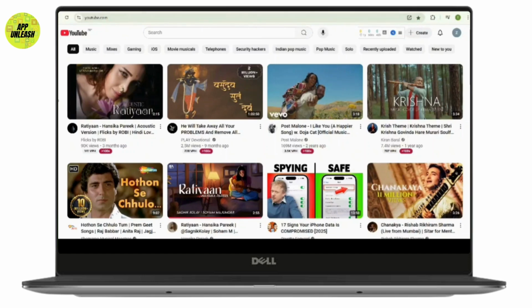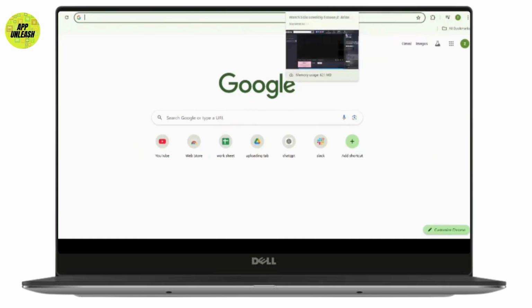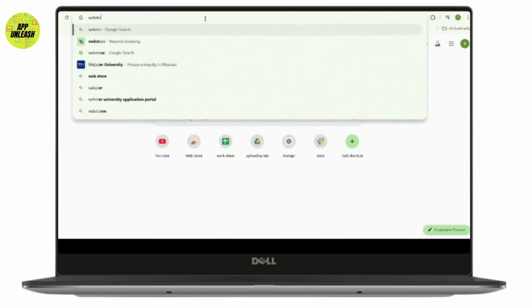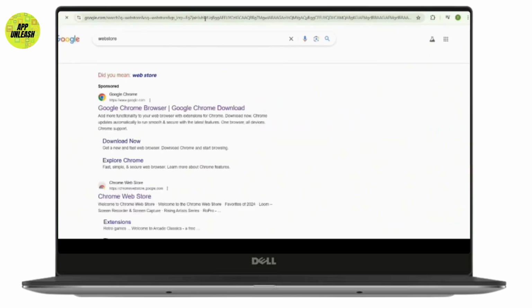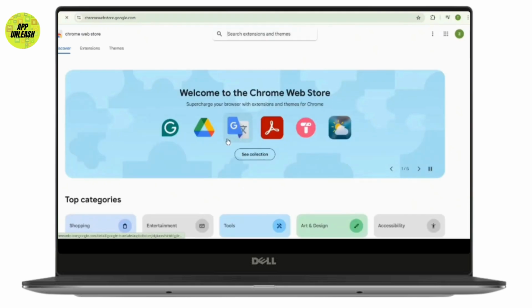Now, to enable dark mode on YouTube, you simply have to open a new tab. And from here, you simply have to search for the web store. And from the search result, you can see the second option. Simply tap on that. And once you are here, we need to install a free extension to enable dark mode